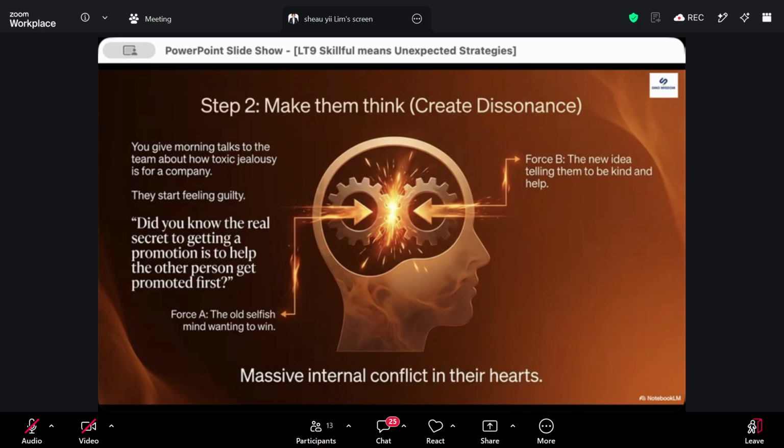So while you are doing it regularly and consistently, one day you will find that even though they are trying to beat each other, they will start feeling guilty and uncomfortable about their jealousy. And with that, they will feel a big conflict inside their hearts. Their old selfish mindedness will want to win, but the new idea will tell them to be kind, to help the others. So this is, I would say, quite a smart way to slowly instill the 4 steps into these 2 persons